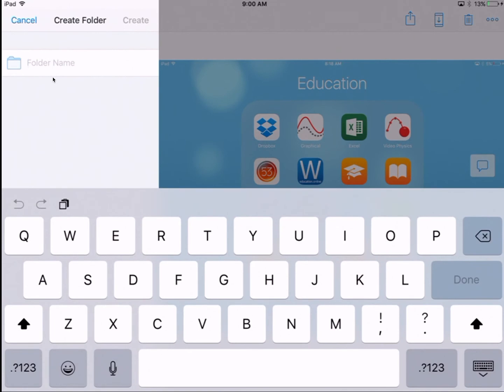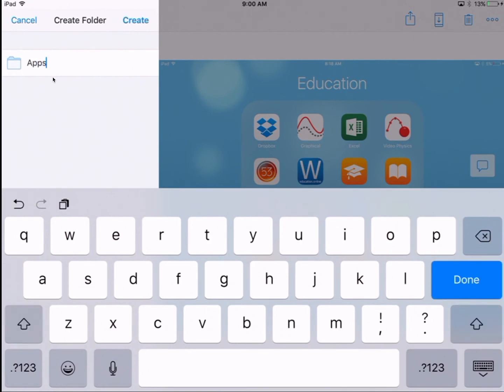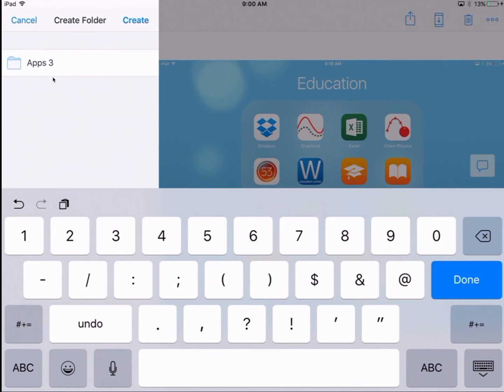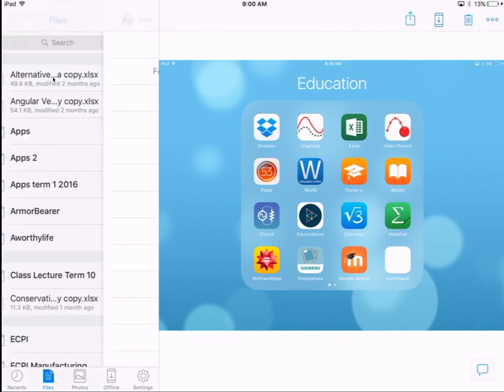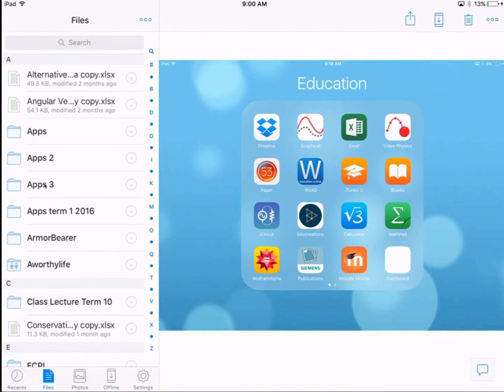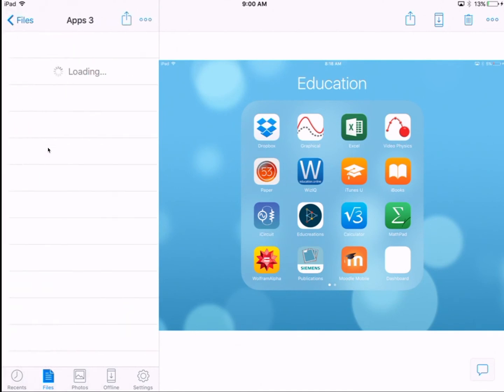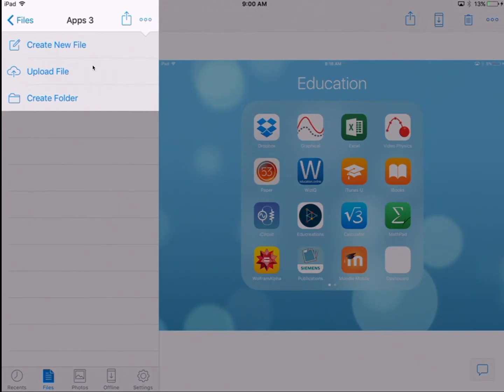And we're just going to call this apps. I'm going to call it apps 3 because I have apps and then apps 2, and now I'm just creating this folder for you guys. So you'll see that I have several folders for apps. I'm going to go back into apps 3. What I want to do is select on these three dots again and upload that